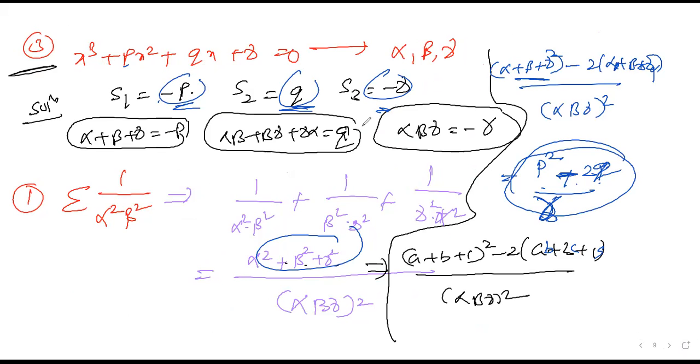Next we have the second question, third question, fourth question. This you can do on your own. You'll get the answer. Just take a question, open the sigma. Sigma means you can write the addition of the terms with respect to the same thing, because for a third order equation we can write alpha, beta, gamma, three variables. You move forward, try to do it on your own. If you cannot, I'll tell you the answers. Don't worry. Just do it yourself, because if you keep on asking, you will waste your valuable time. Okay. Next I'll go to the third bit.